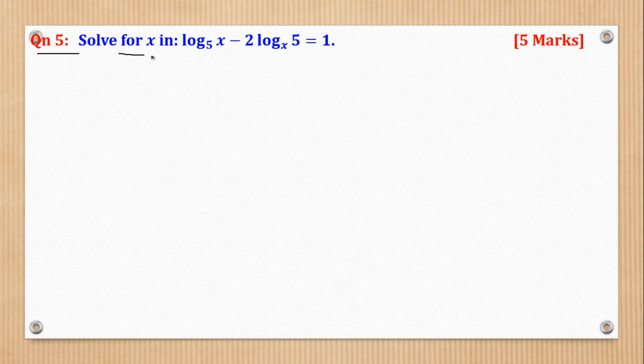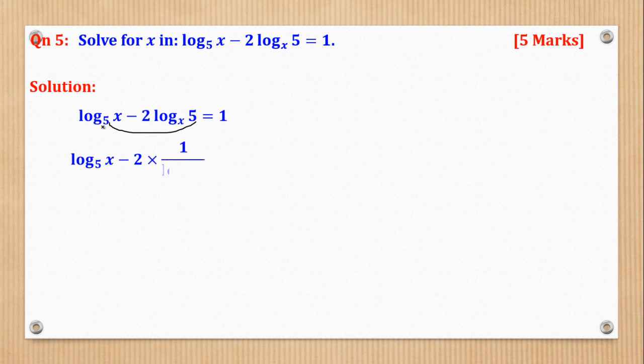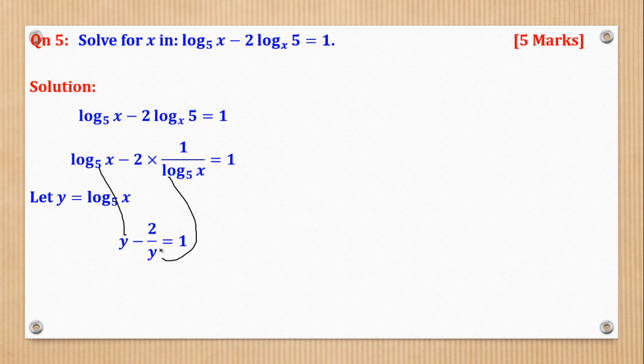Question 5. Solve for x in this. So it's under logarithms. So first you realize that the bases are different. So you have to convert into the same base. Getting the reciprocal of this, the base changes to 5. Then let y be equal to log base 5 of x. Substitute for y. Multiply throughout by y